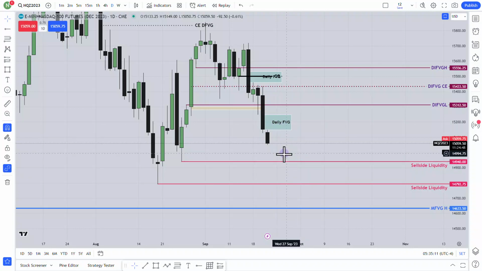So all I want is that it won't clear the sell side liquidity today, even the lowest sell side liquidity. It can come to the sell side liquidity and make an equal low. That is acceptable, or a very little shallow run is also acceptable, but I don't want to see a good run. Let's go to the hourly chart.